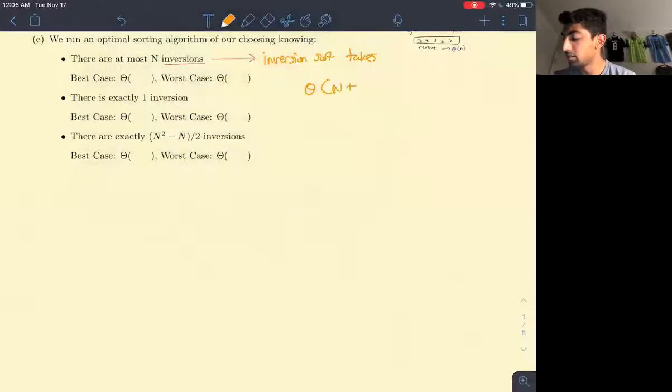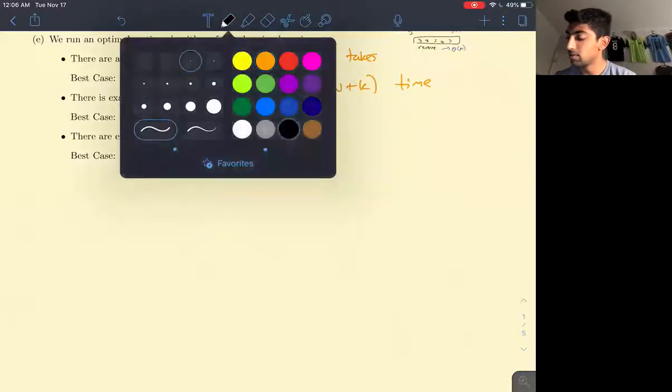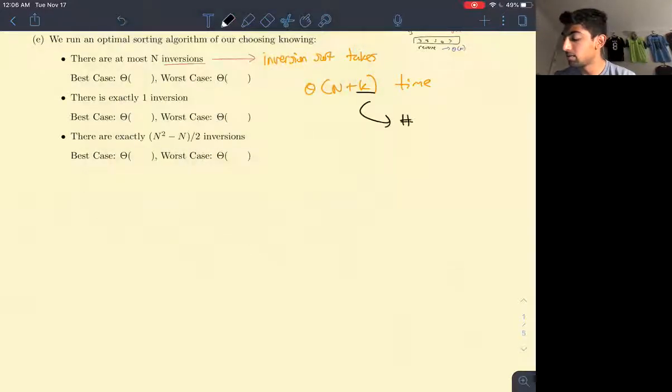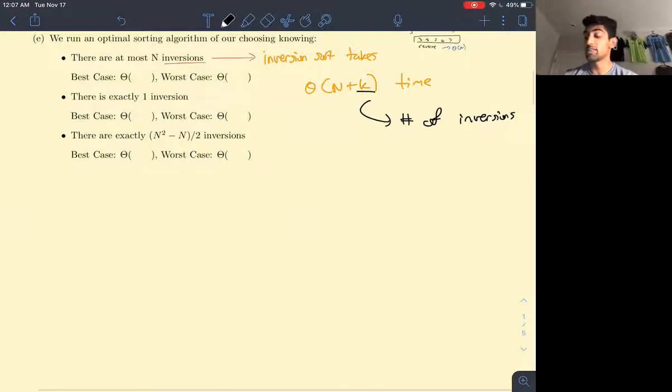Data of n plus k time, where k is the number of inversions. So I recommend watching my past video, I think from last week, where I explain why insertion sort's runtime is theta of n plus k, if you forgot why that's the case. Otherwise, if insertion sort takes theta of n plus k time, and we have at most n inversions,